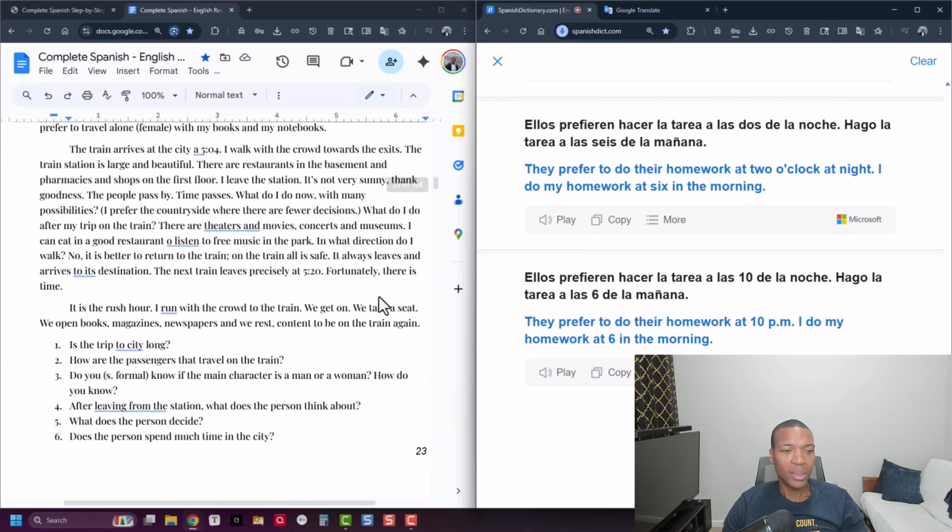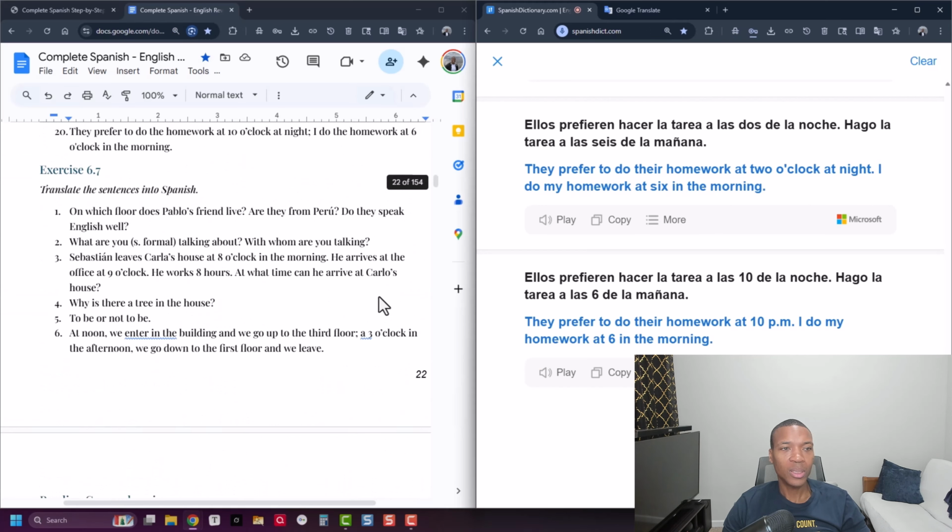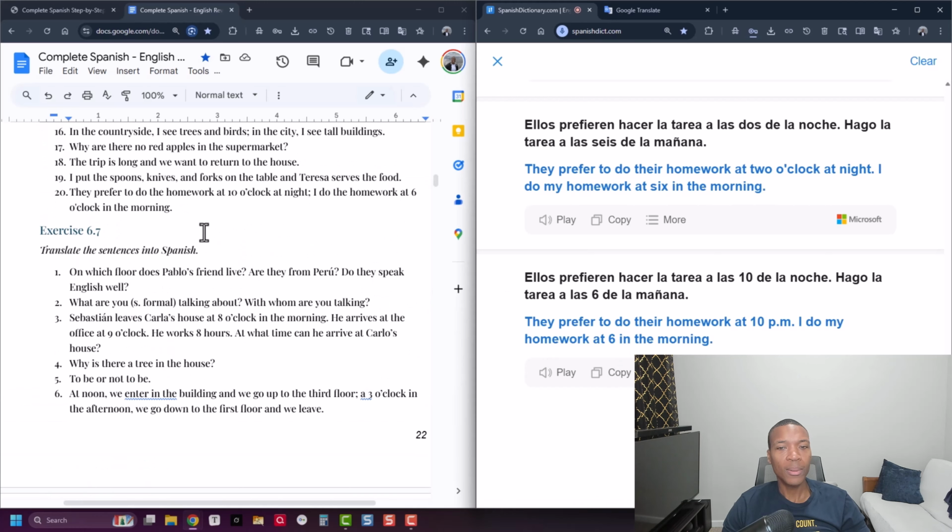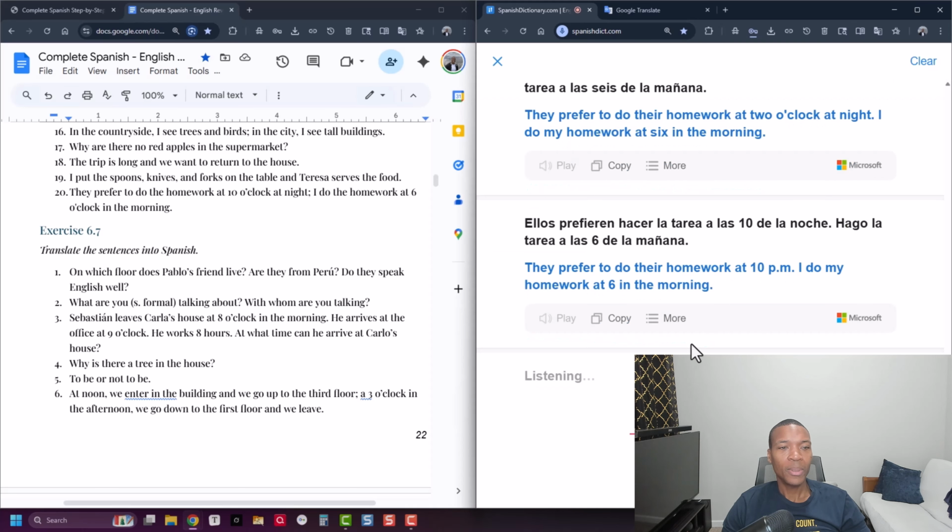All right, last exercise in this chapter, 6-7. Let's see if I can do this in less than 6 minutes. On which floor do Pablo's friends live? Are they from Peru? Do they speak English well? ¿En qué piso viven los amigos de Pablo? Ellos son de Perú. ¿Hablan inglés bien?